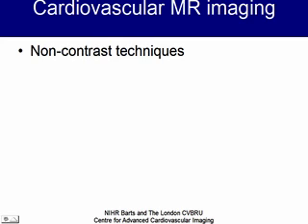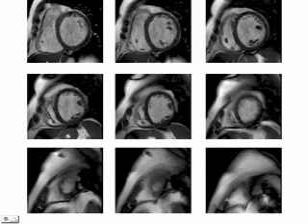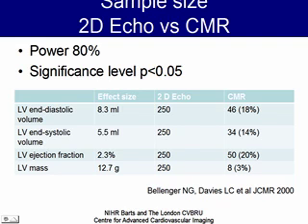Hopefully. So let's talk through the different imaging modalities that might be of relevance to an interventional cardiologist. First of all, the non-contrast techniques. This is the bread and butter, really, of clinical cardiac MR. We acquire short-axis cines, and that allows us to measure left and right ventricular volumes. And Carrie Davis in the audience here was one of the co-authors on a very frequently cited paper, which basically compares the